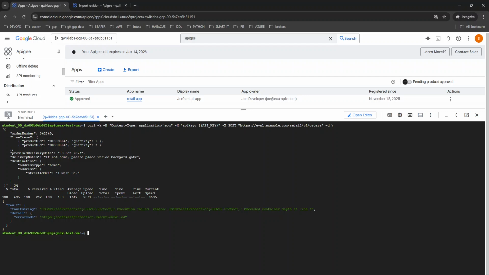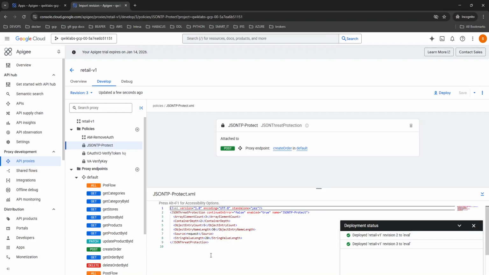So container depth. Let's see how I explain container depth in a JSON protection. It's 3. Okay, the maximum depth in the payload is 3. An object contains an array which contains objects. So that's the explanation. So let's go and check